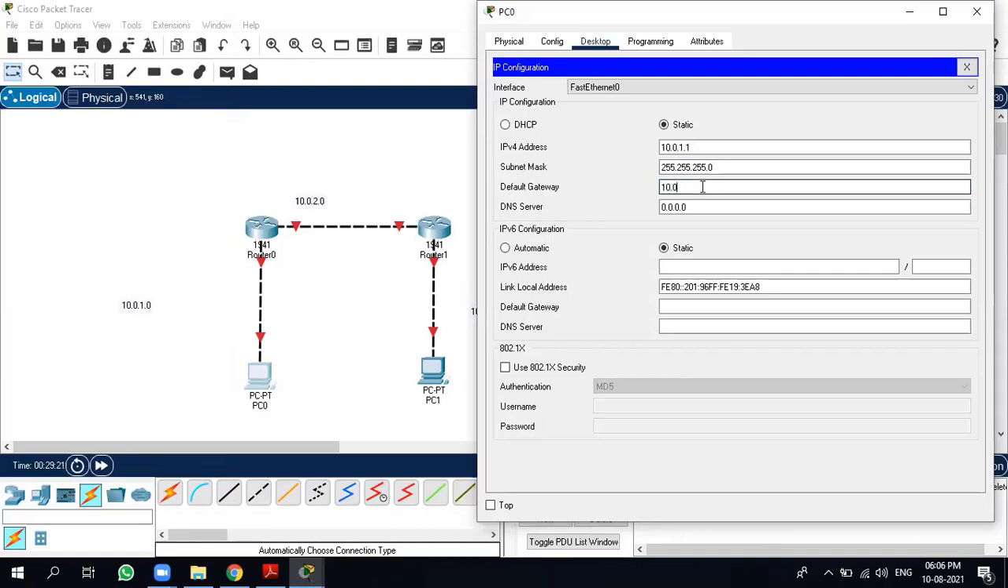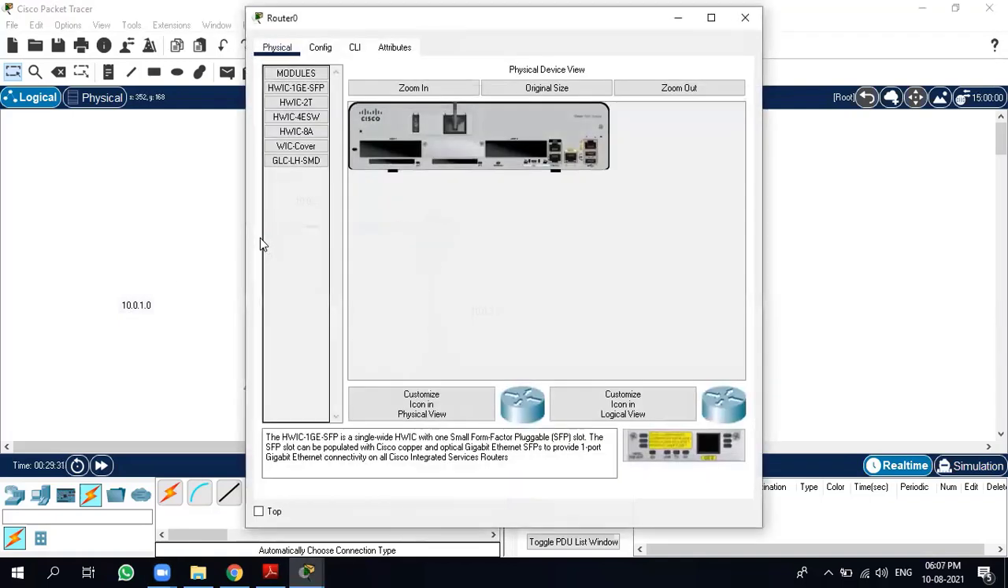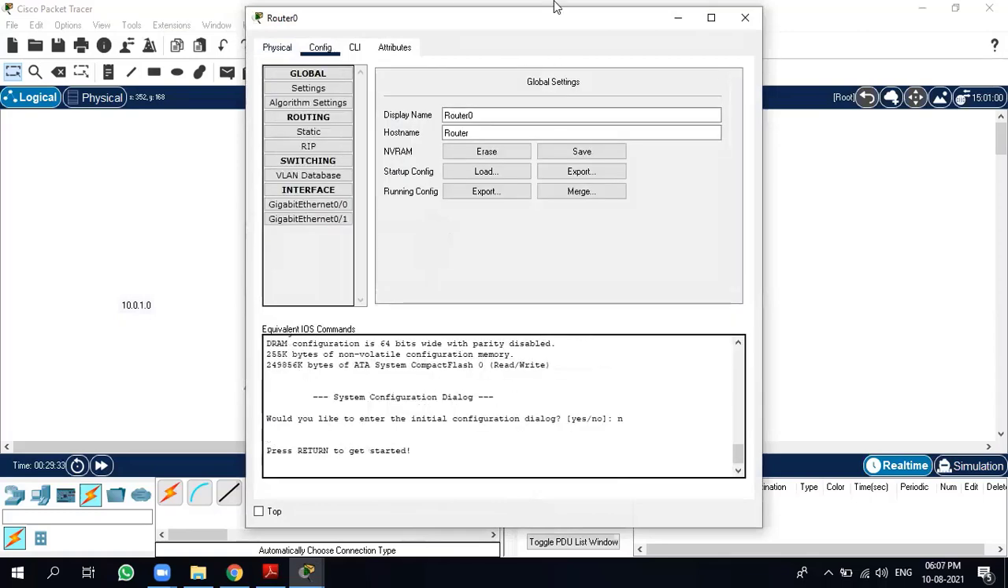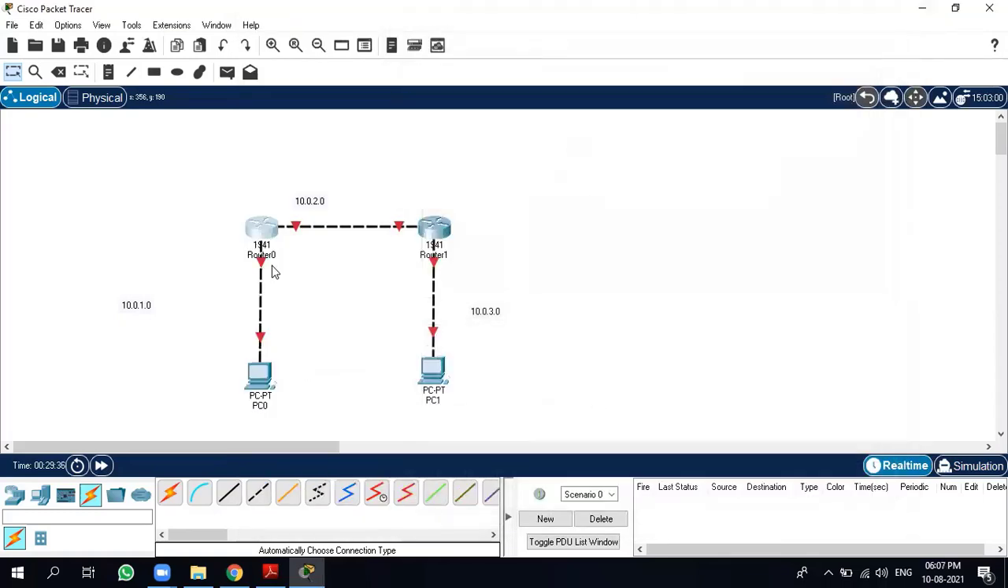So 10.0.1.2 would be my default gateway. Now close this. Configure the router for the same network. Click on the router. Go to the config tab. Now we need to check at which port these devices are connected. So you can simply hover your pointer over here. So you will see here